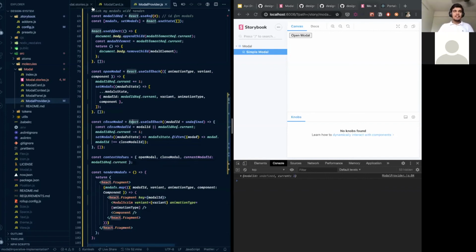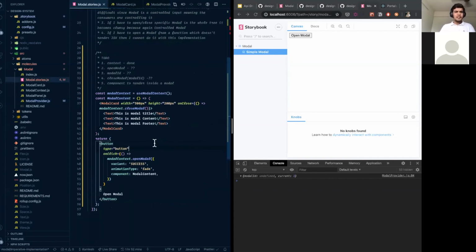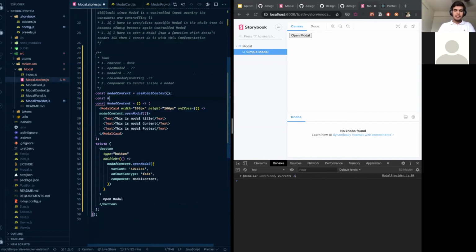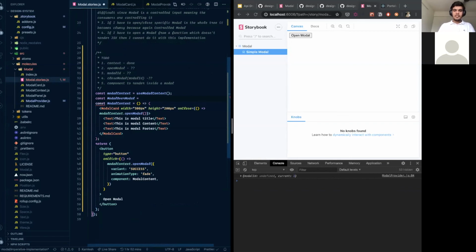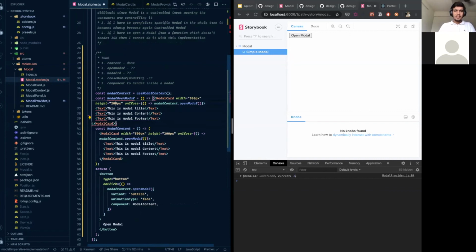We have not yet covered the modal over modal use case, but I can do that as well. What we can do is open modal from here, and I'll copy this and call it modal over modal. This is the modal title, modal content.